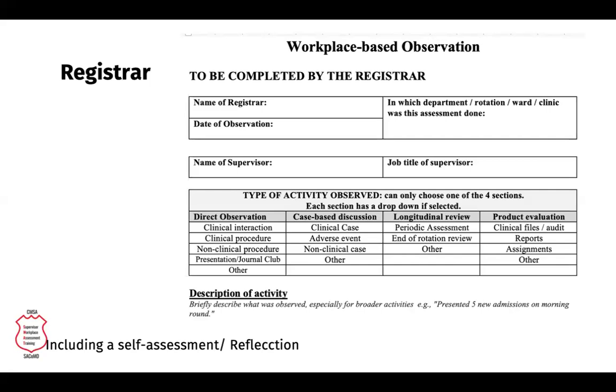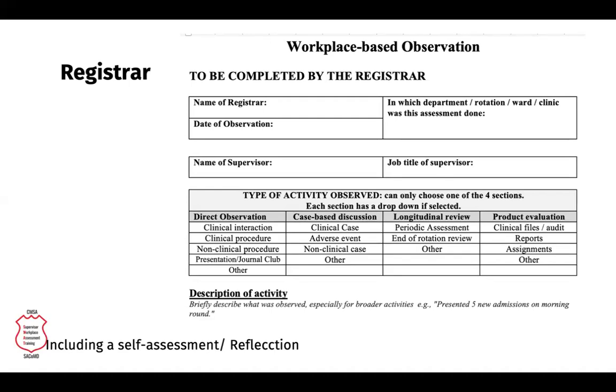I'm going to show you a pilot tool, I would call it. This is not an actual implemented tool, but it's based on some of the tools that are out there, just to give you an idea what we expect to go into that tool. The way the tool will work is it'll be two parts, and the person who will take responsibility for the tool will be the registrar. So the registrar, after they've had a WBA, say they've just been assisted by their consultant to do a cesarean section, and maybe afterwards they had a quick feedback discussion and the consultant gave them some input on that cesarean section, now has to go and create this little form.